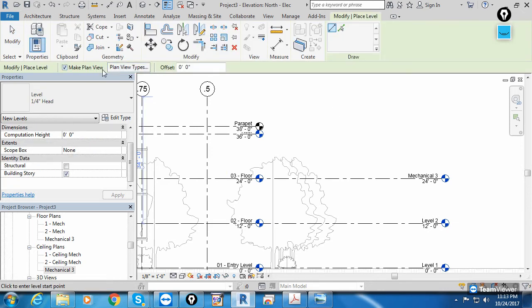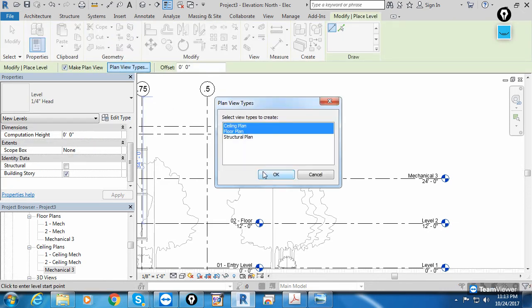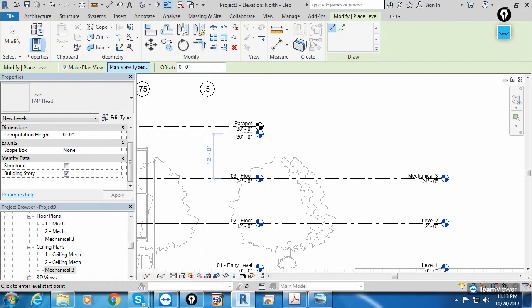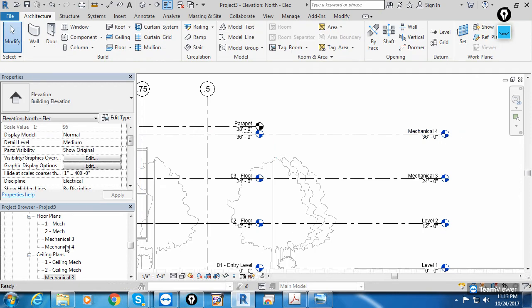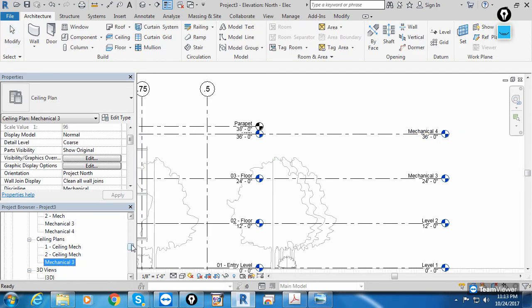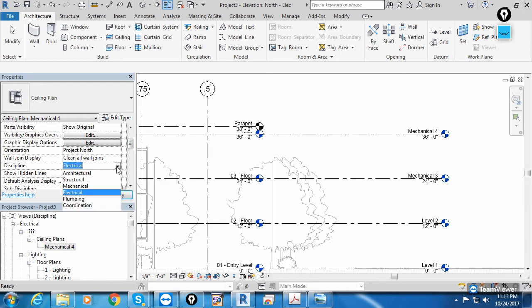Make sure that floor plan is selected, verify ceiling and floor plan, and select this roof and complete. And you can verify mechanical 4 is added, and you see the ceiling is not added, because again it will be created in the unknown category. Same procedure. So we'll categorize this first. Instead of mechanical, initially you can also complete electrical first, whichever, any one.